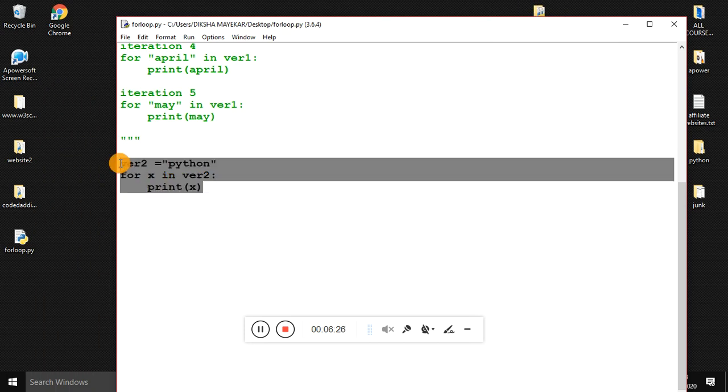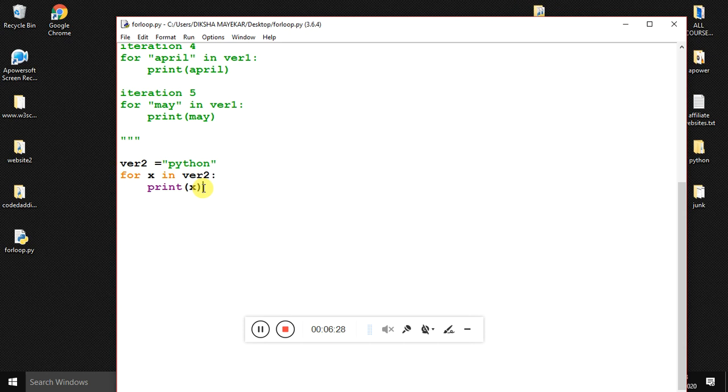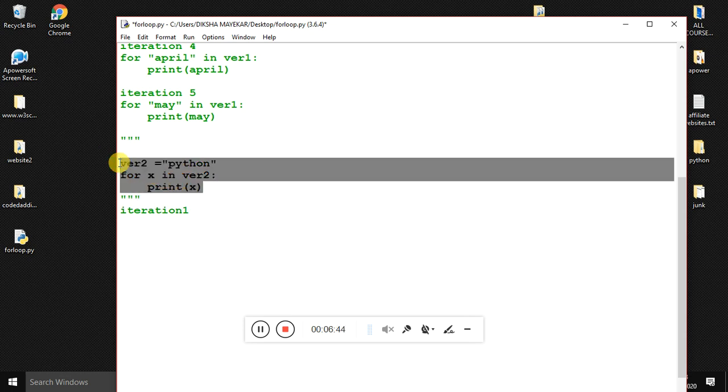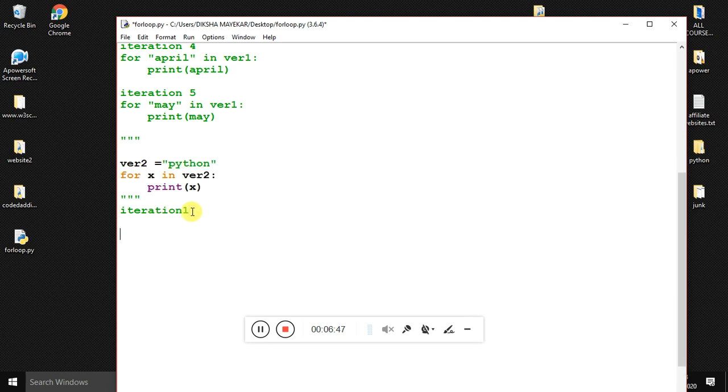Let's try to see how this code is getting executed. First will be iteration 1. For iteration 1, I will copy this code and paste it over here. For the first iteration, the letter will be P over here. So P in variable 2, we'll say print out P, and because of which we are getting